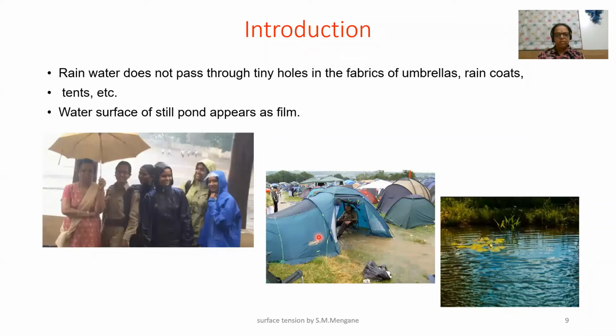In all these examples, the observations can be explained on the basis of different types of forces coming into play in all situations. We will try to understand the effect of these forces and their relation to surface tension in liquids. To understand surface tension, we need to know some terms in molecular theory that explains the behavior of liquid at that surface.